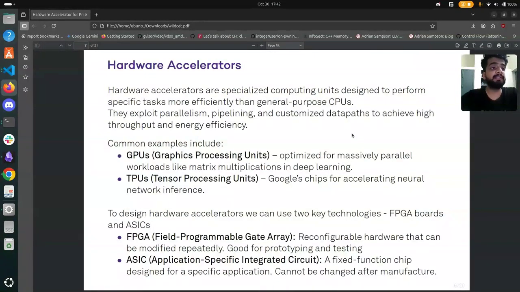Now let us talk about hardware accelerators. So what are hardware accelerators? We spoke about the problem of speed. We said that performing operations on encrypted data is extremely slow. One way to deal with this problem is to develop specialized chips. So, hardware accelerators are specialized computing units which are designed to perform specific tasks more efficiently than general purpose